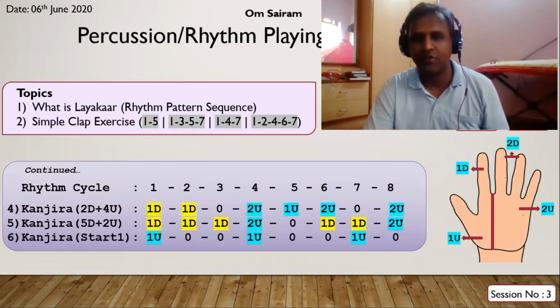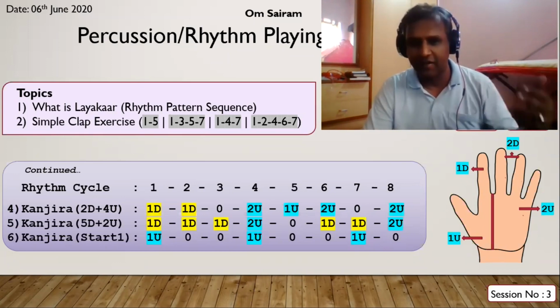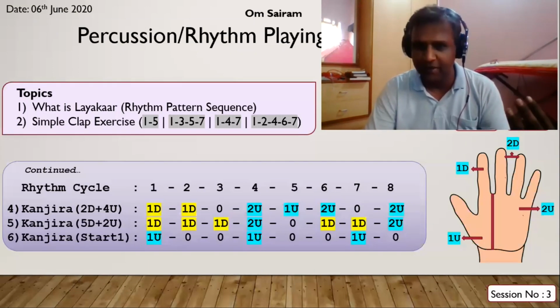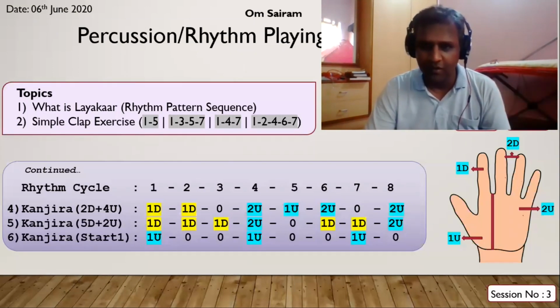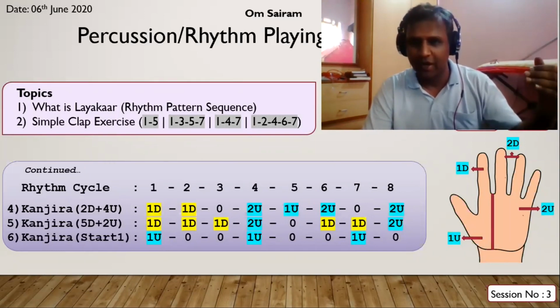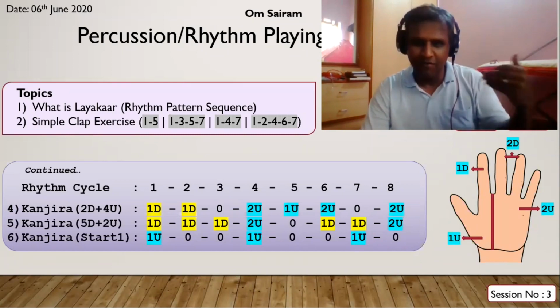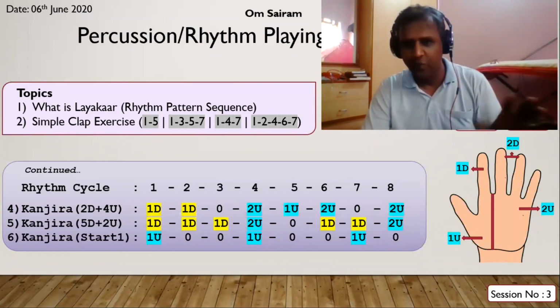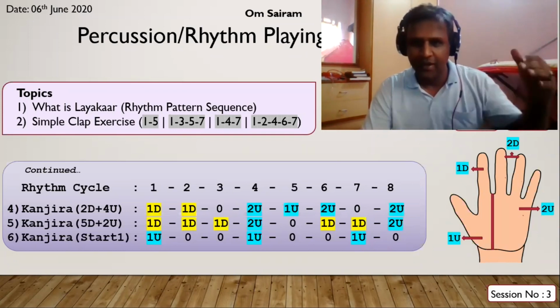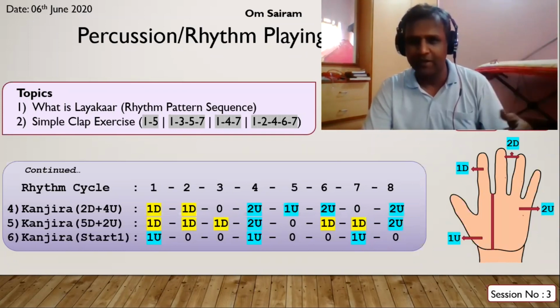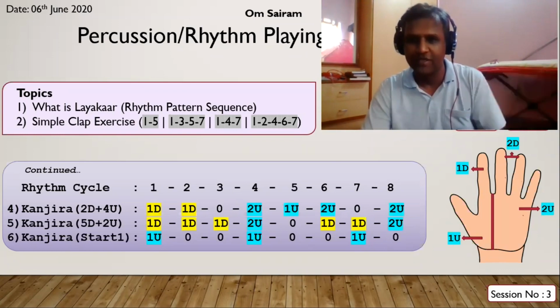rhythm phrases. So you can have 4, 5 phrases, like we just took 3 different patterns. What layakar means is, depending on the mood of the song, looking at the way the bhajan is being sung or performed, you can have referential patterns to it to make it more beautiful. Layakar can be multiple patterns or rhythmic phrases which are sequenced. So if a bhajan is going in a loop of 1 2 3 4 5 6 7 8, 1 2 3 4 5 6 7 8,